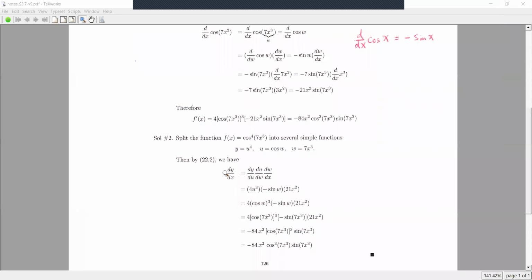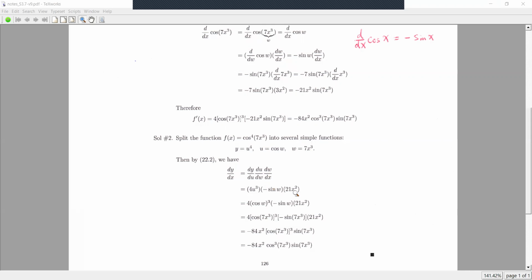Now, by the chain rule, dy/dx, the derivative of y with respect to x, this is the derivative of this function, is equal to dy/du, the derivative of this function. It is 4u to the third, times du/dw, the derivative of this function. It is negative sine of w, times dw/dx, the derivative of this function. It is